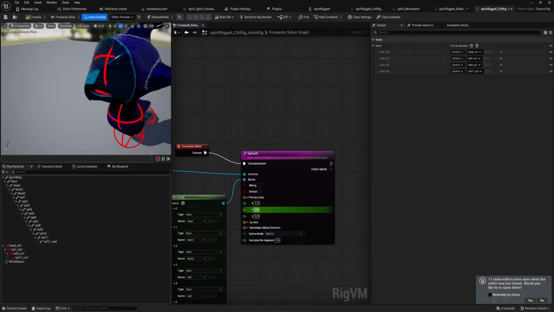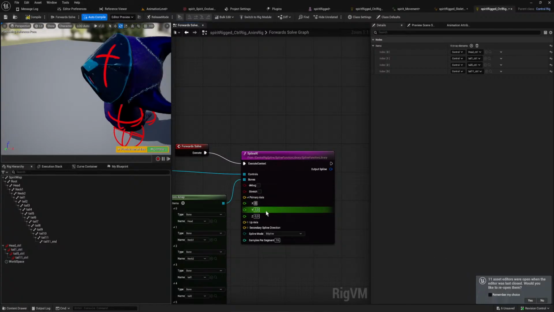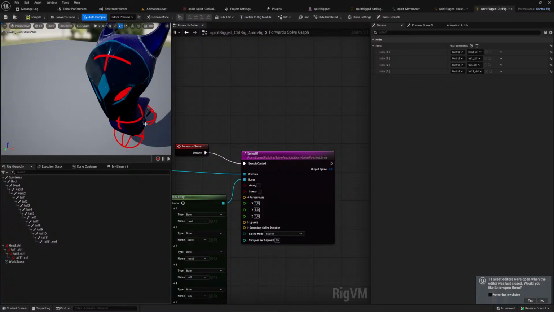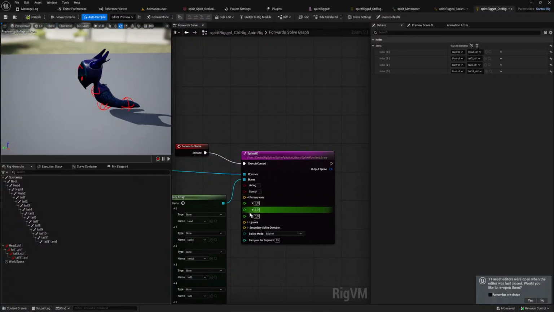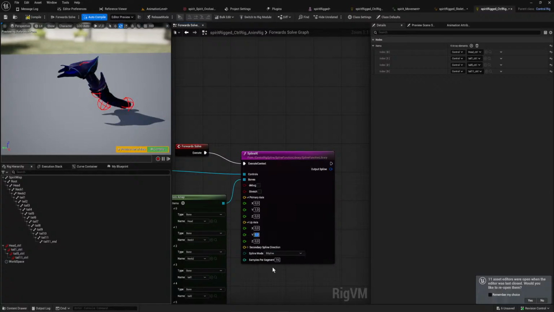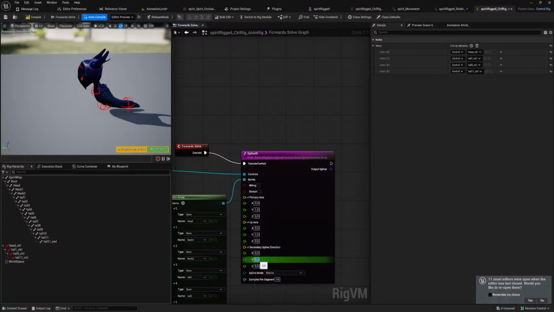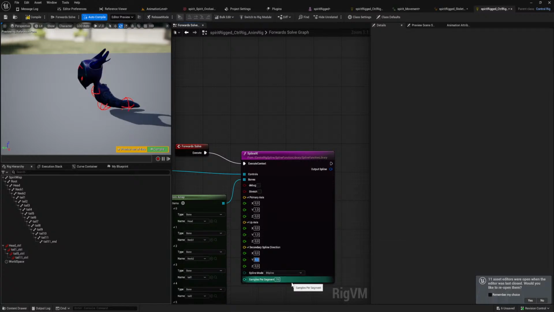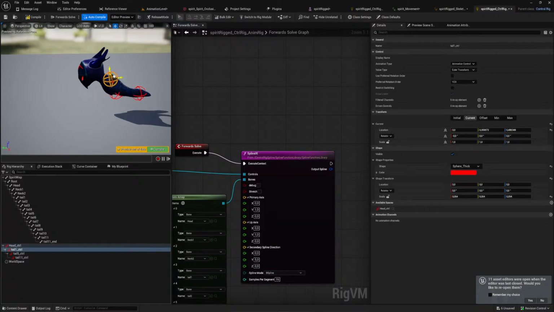And not fuck the primary axis. The up axis doesn't really matter, so I can just keep that at... that's the up axis, never mind. Secondary spline direction doesn't matter. No, it does. Anyway, so now we can